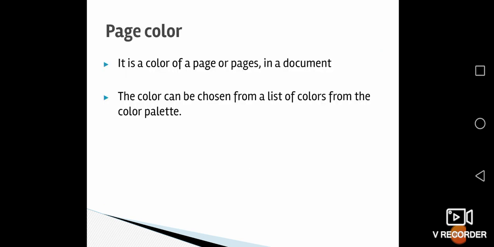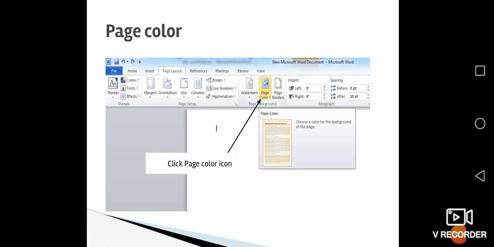Then page color. We can change the color of the page in a document as per your wish. There will be a list of colors available, and you can choose from the color palette. You can apply the page color option for one page or more than one page. You can even change the page colors in your document.